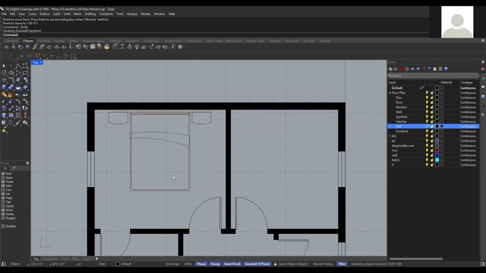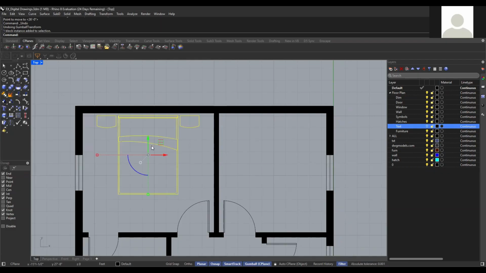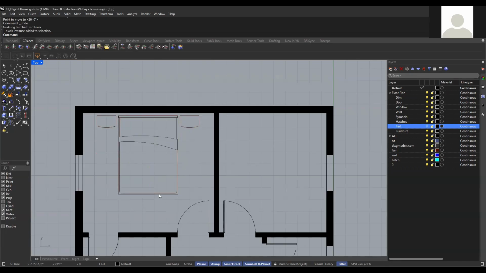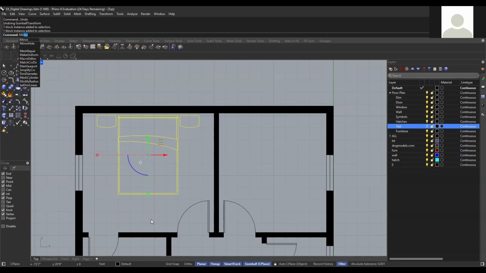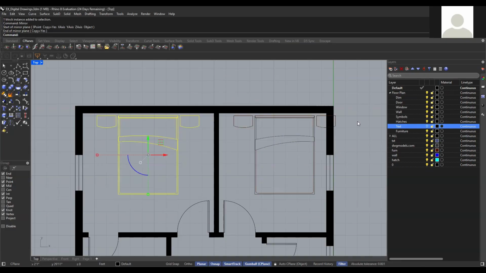I'm going to have another queen bed in this bedroom. There are other ways that you can do this: you can also copy this, or even mirror this bedroom to the other bedroom that you have. So I'm going to use mirror and select this, based on the mid of this wall, this interior wall. You see the mid of the wall, and along this you can just mirror this, but it's not the